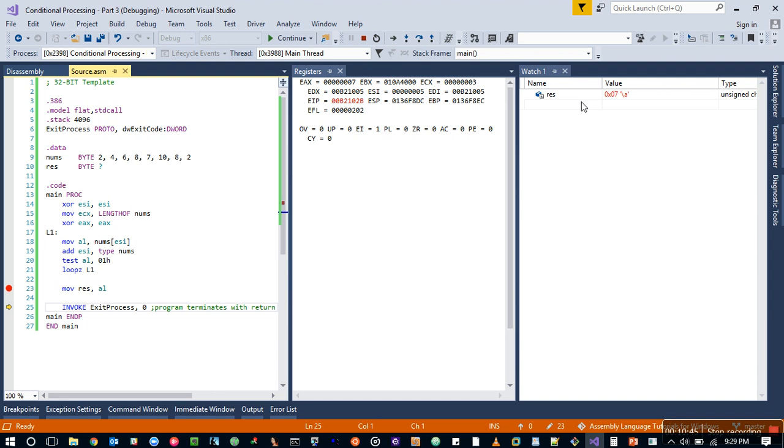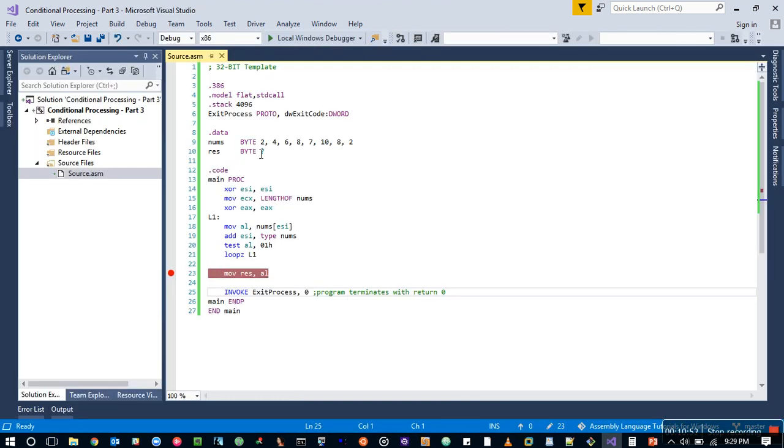And sure enough, our value is 7. So let's test this one more. Let's change these values. Let's make it 1, 3, 7, 9. Let's keep it even. Let's make it 11,